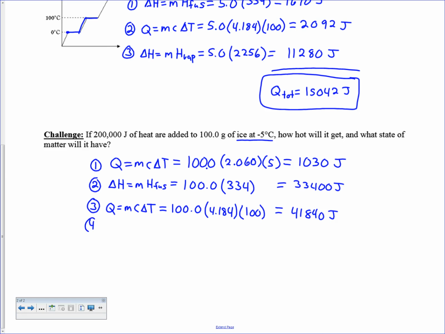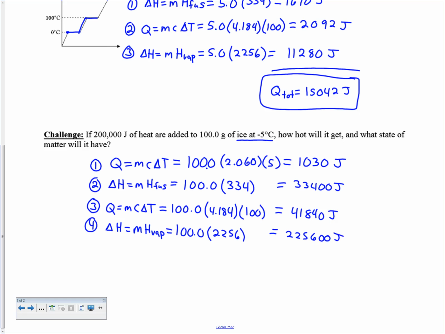So for boiling, delta H equals m times heat of vaporization, which equals 100.0 times 2256. If you multiply those together, you get 225,600